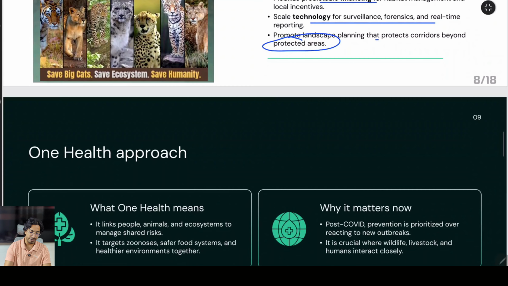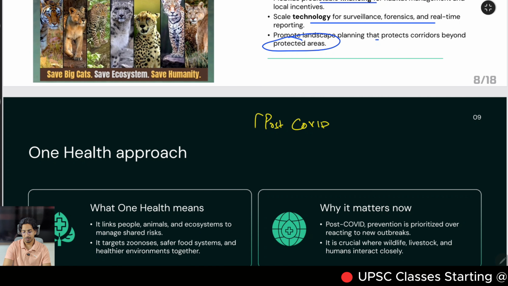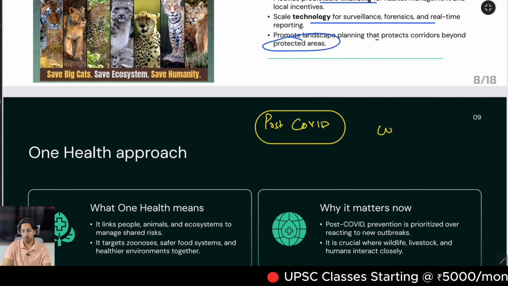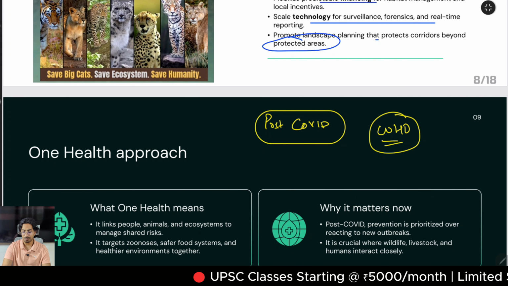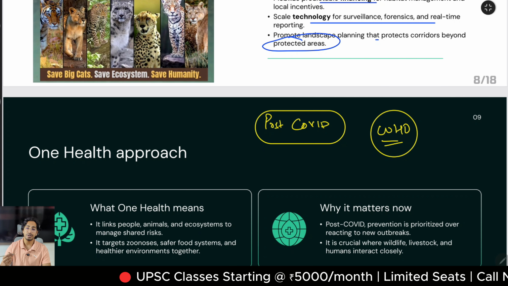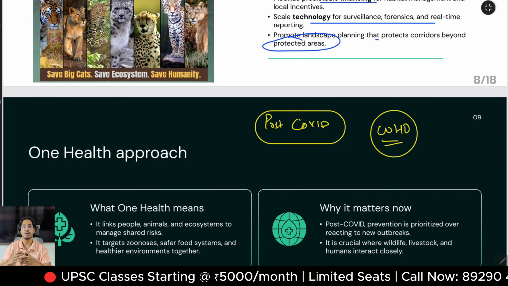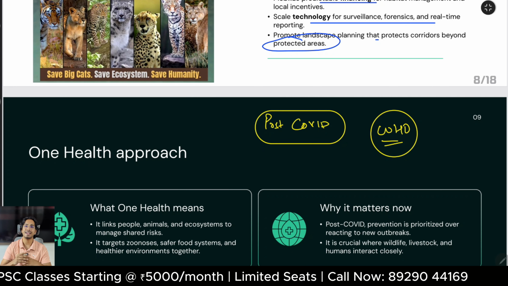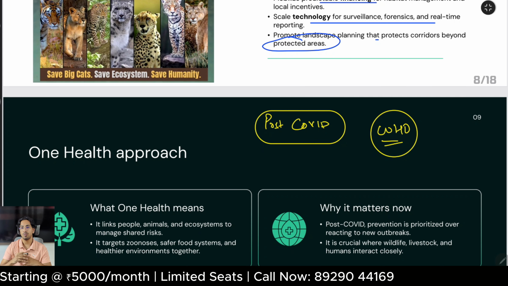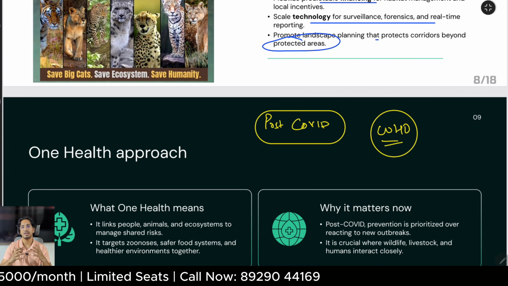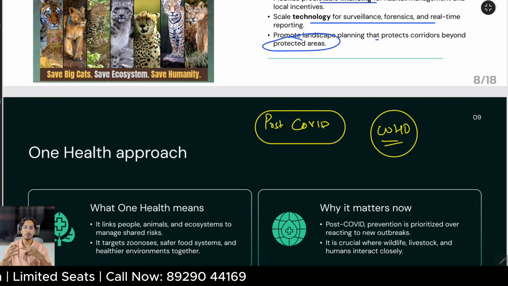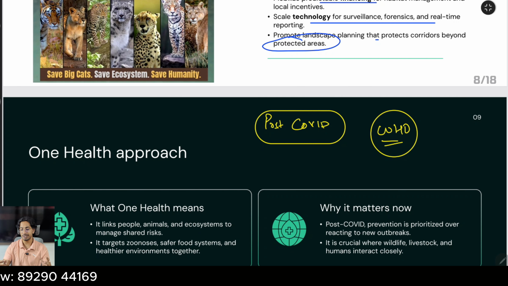Now, what is One Health Approach? So as I've told you, post-COVID pandemic, WHO had released One Health Approach concept, and even countries like USA, China, and India are working on One Health management approach, where we are not just talking about human beings, but it's an integrated approach where we include human beings, animals, plants, environment as a whole, right? So it's an integrated approach where we protect everything around us.